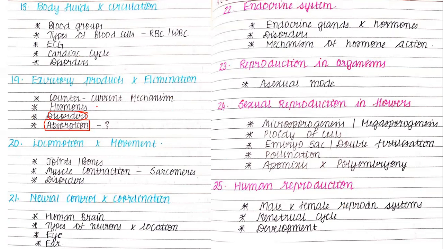What are the hormones? Angiotensinogen, renin, all those things are very important. And what is the mechanism of the counter current mechanism? That is, the ascending limb is permeable to what? The descending limb is permeable to what? Very important. Coming to locomotion and movement, the guaranteed question that I can give you, one question from the